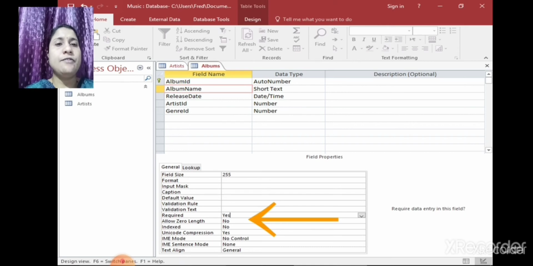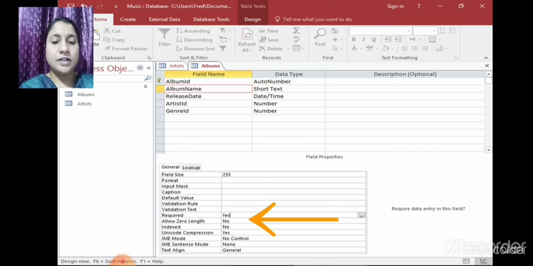Okay, you have to write it in 255 format. Then "Required" is also shown, and it is set to yes. Then the index number is given, so it is already there. If you want to change it, you can change this. So all of you understand this, understanding field property.